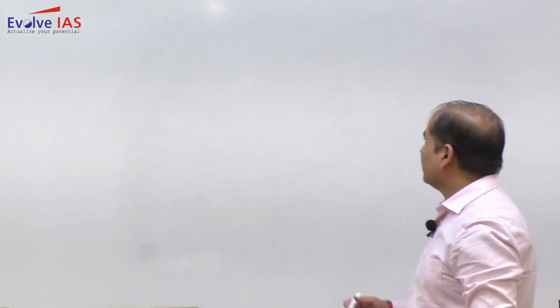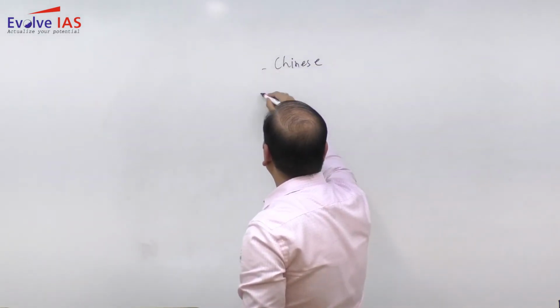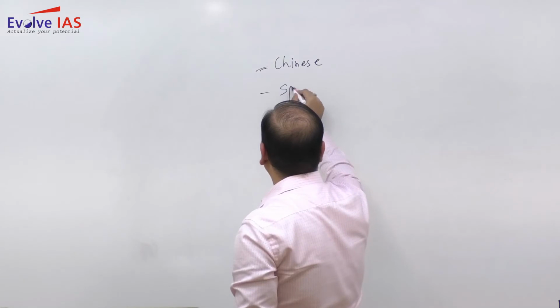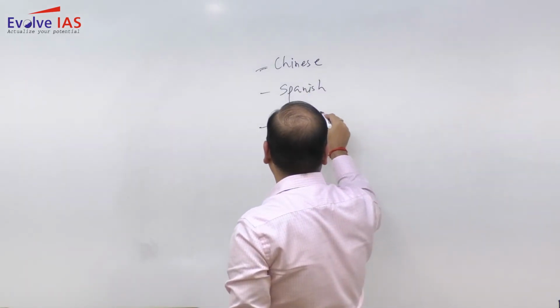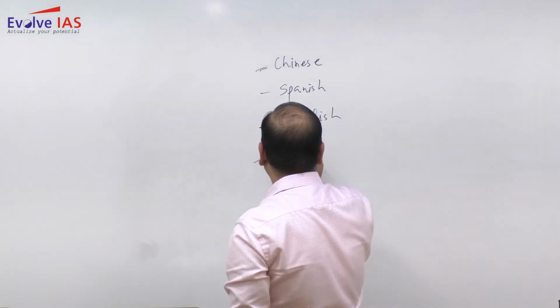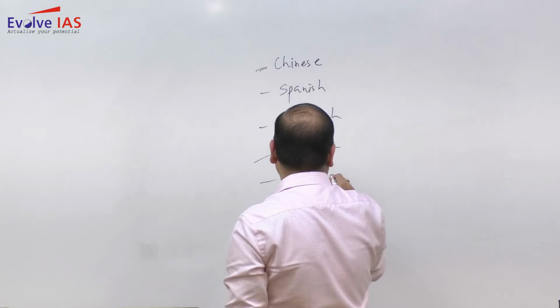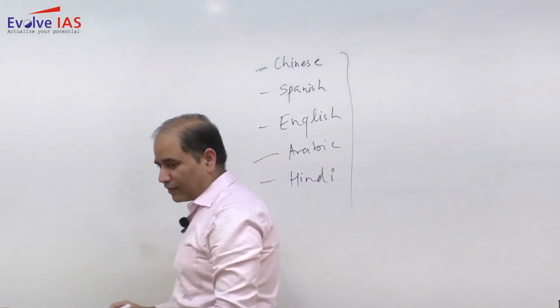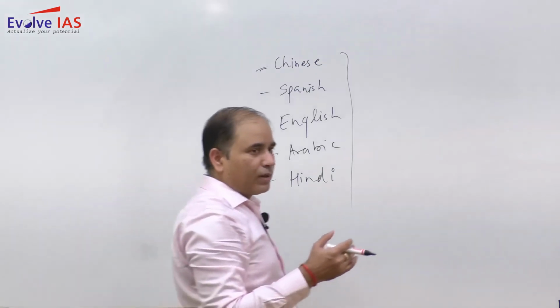As far as the present time period, some of the most popular languages in the world are Chinese, Spanish, English, Arabic, and Hindi. So we have different languages, but over the period of time you will find globalization has brought